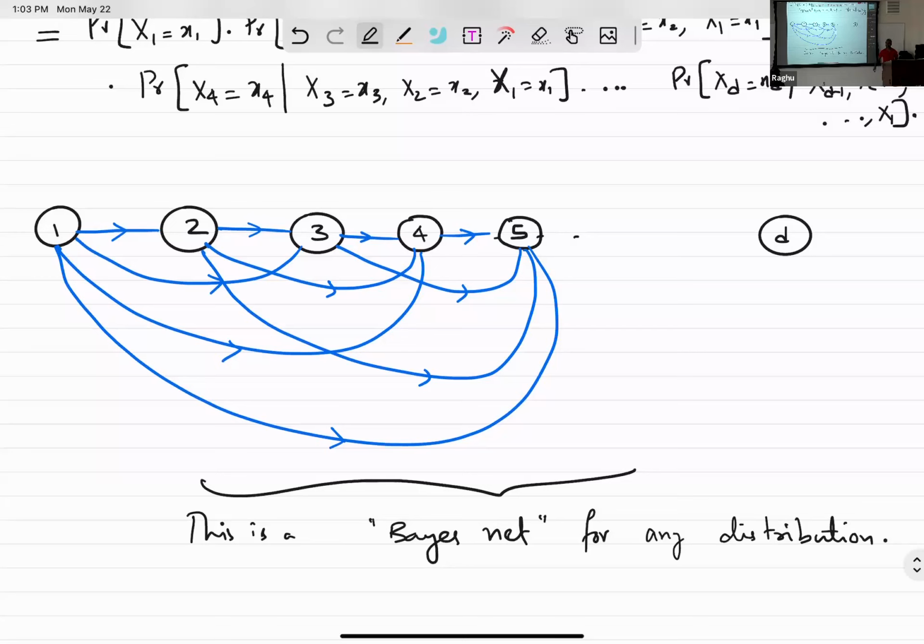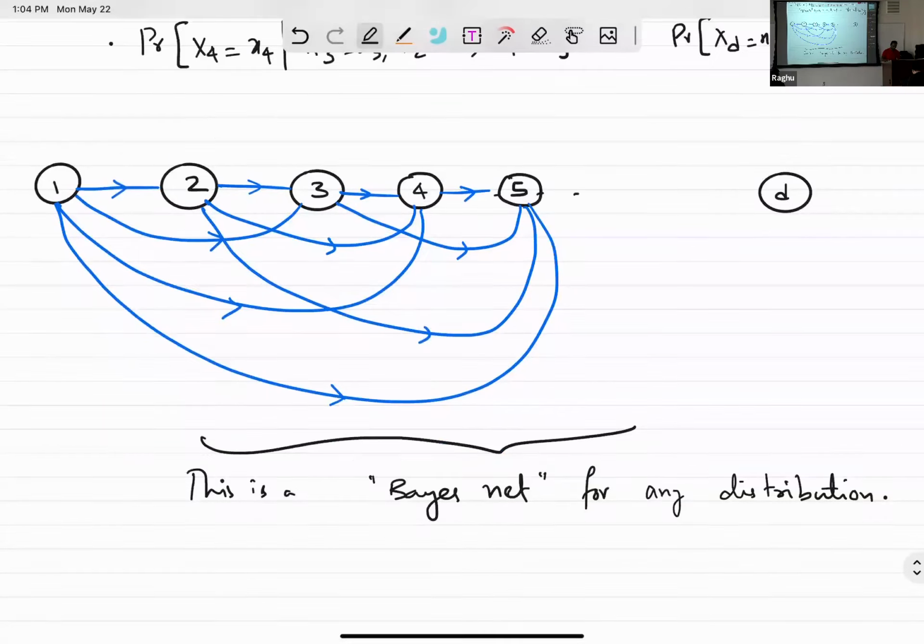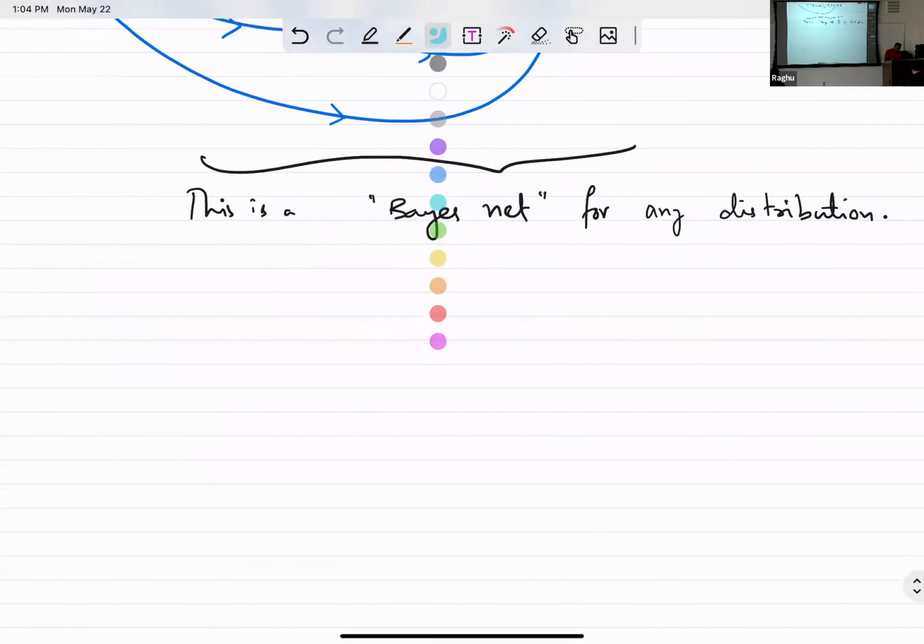Or maybe you go back 10 days, but not forever in the past. Or you can draw the graph in some nicer way and that would still be fine. So one way to try and fix this is